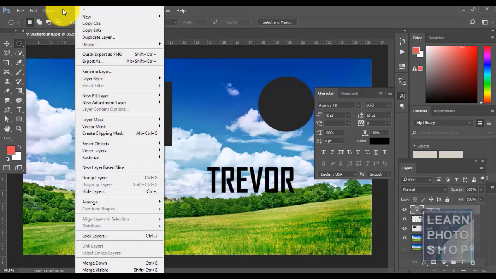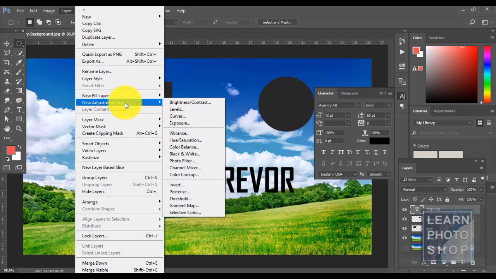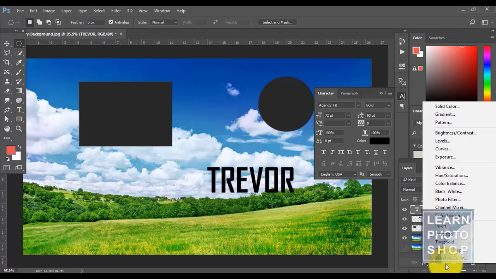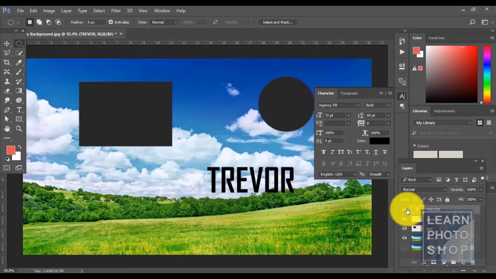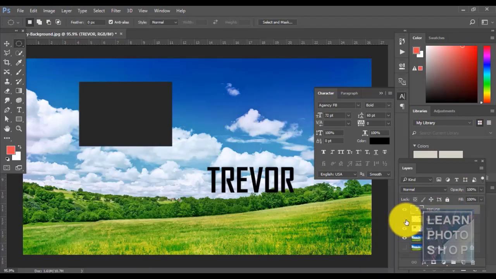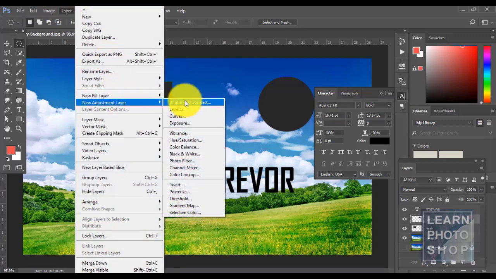And then layer, new adjustment layer. You see the new adjustment layer here has got lots of options. You can practice all these options, and there's a shortcut here too. These are all adjustment layers. So say for example, my name I put over here Trevor. I take this circle, I go to layer, new adjustment layer, and say I want to make it,